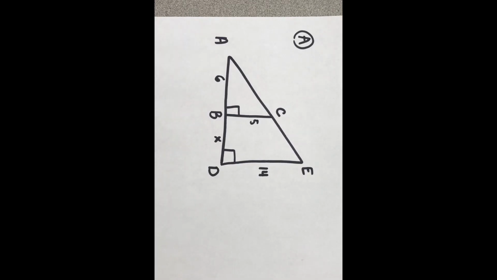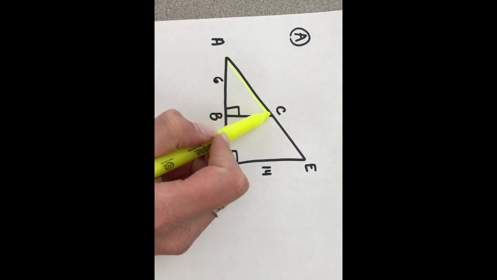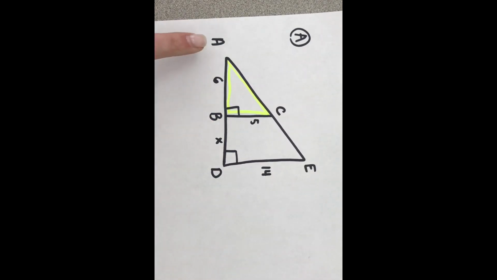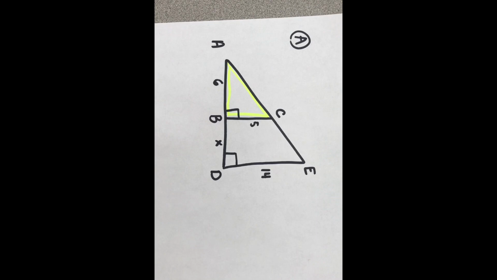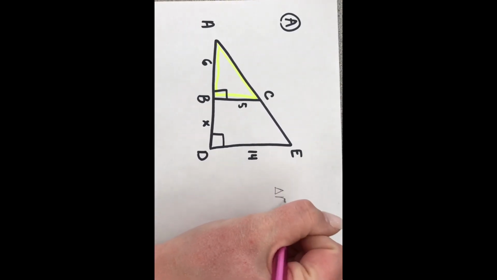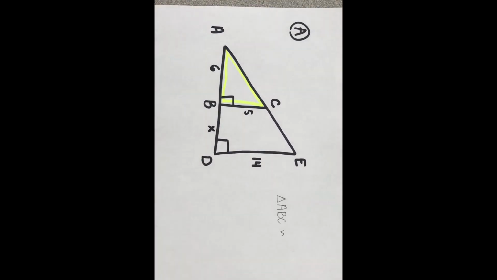So this video goes along with solving more advanced problems of similar triangles. I want to start with highlighting what two triangles I'm talking about. In yellow, here's one of my triangles. It's triangle ABC. So I can start to write a similarity statement here saying that triangle ABC is similar to this other triangle that I'm going to highlight